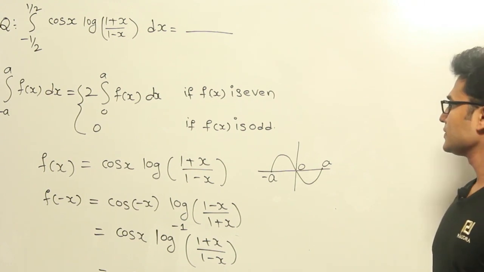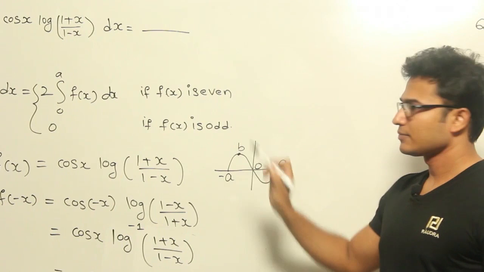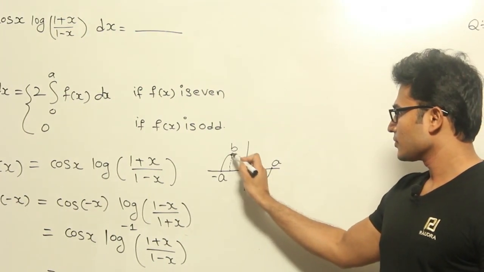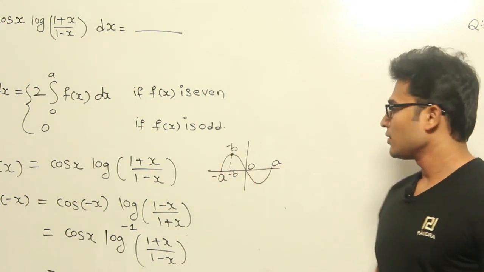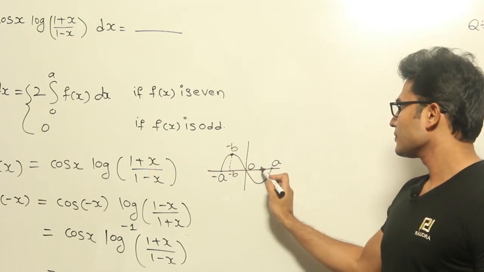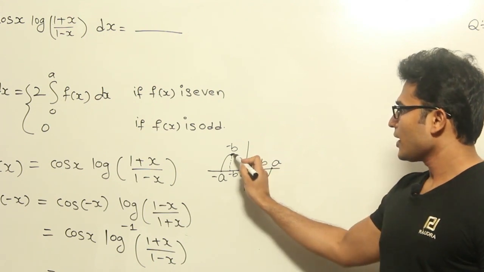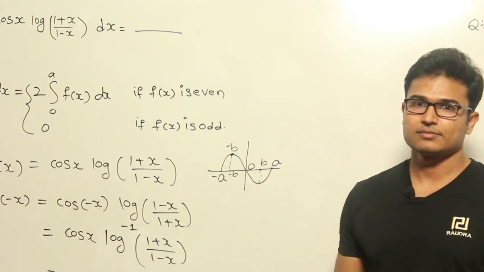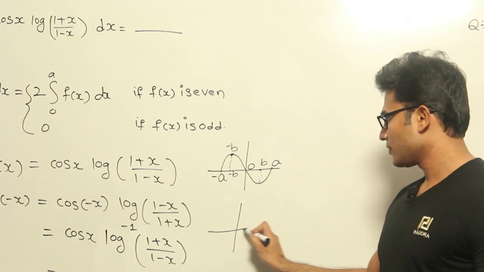So odd function means if you take any point, let's say some b here, or let's say this is the point minus b, this is on negative side, right? Now if you go to the plus b and if you see it, whatever value was here, it will be exactly minus of that. Alright, now if you look at an even function, so what is an even function is,